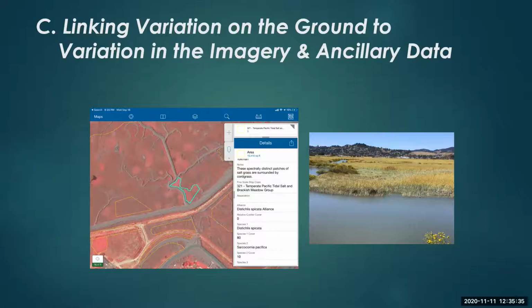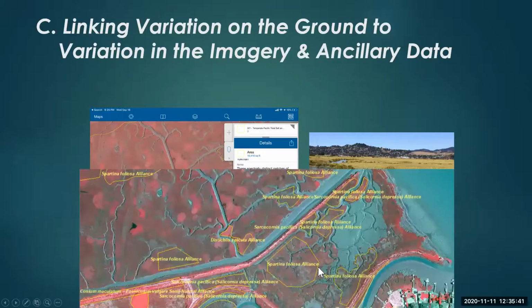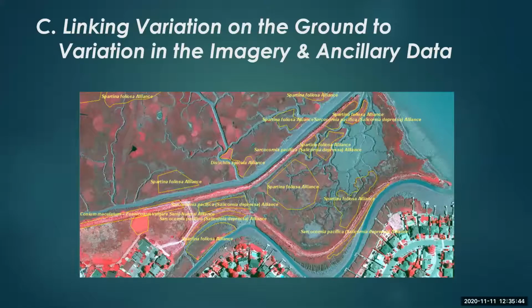We collect multiple sites to build a sample data set across the landscape of all the different vegetation sites. So here you can see that area expanded with lots of, I'm sorry, that was not Spartina, not pickleweed, but you can see lots of different vegetation types captured across the landscape. When we're out in the field, we're doing well over 1,000 samples per county. But this is much faster than trying to do manual mapping. So you're spending probably the same amount of time in the field that you would for manual interpretation, but you're spending less time actually making the map.